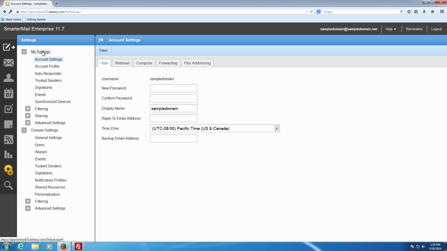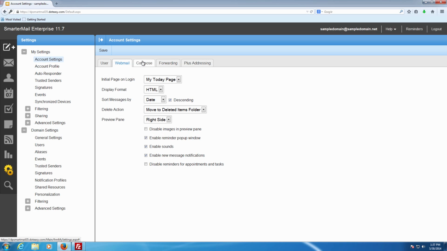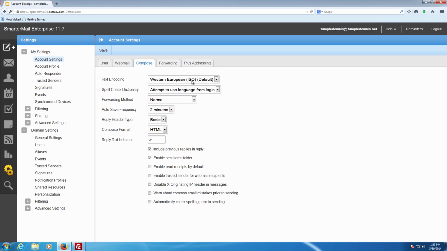This first part where it goes from my settings all the way down to advanced settings, this is just the actual account settings. It's affected this account specifically. If you're in an account that isn't an administrator for whatever reason, if you've chosen not to add it, you'll only see these settings here for it. You'll be able to make changes to the account, such as resetting its own password. You'll be able to set up forwarding. You'll be able to set up how you receive the email, how you read it. You'll be able to set up how you write the email,